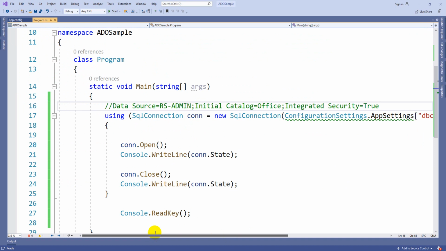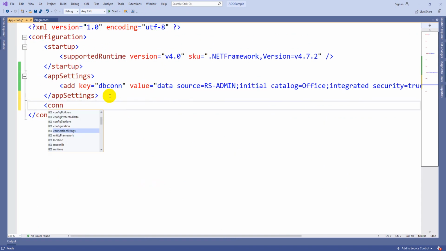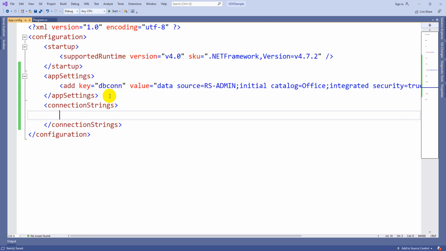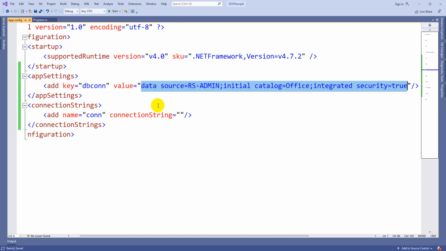There is one more option, which is the major one, and that is the process we have to follow. Here we have one more type of custom tag called connectionStrings, which is dedicatedly designed for storing database connection strings. Here we add; there we had key, but here we will have name. I am taking CONN, and here we will take the connection string. The same connection string I am passing here also.